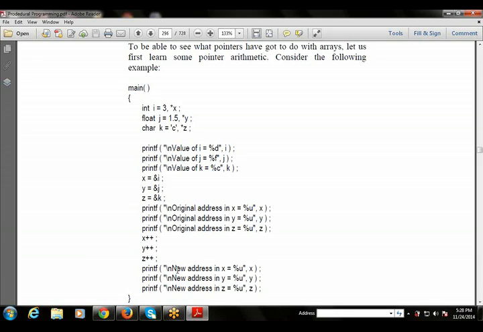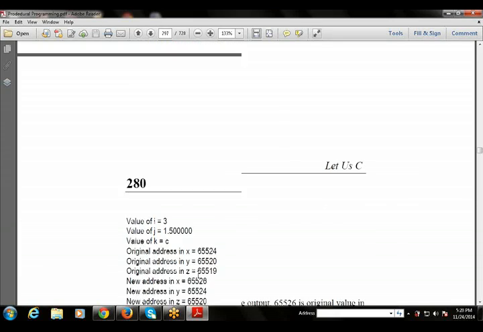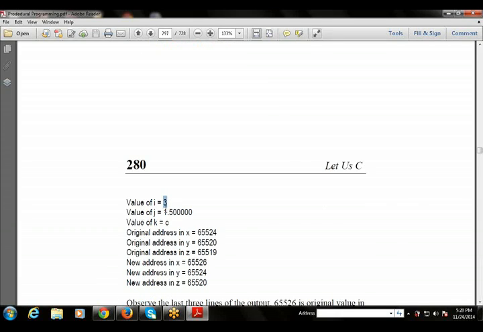So whenever the address is incremented, if it is of integer type, it will be incremented by 2 bytes. If it is float, it will be incremented by 4 bytes. If it is char, it will be incremented by only 1 byte. So this is the output. First of all, the values will be given: 3, 1.5 and c. Now this is the original address, that is